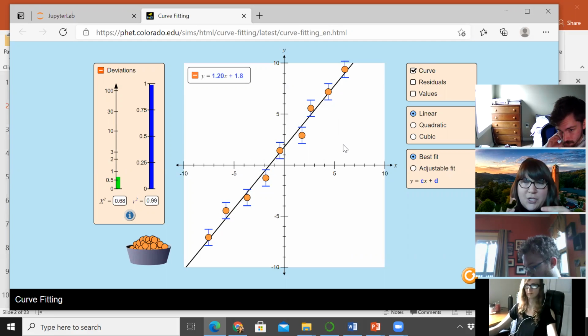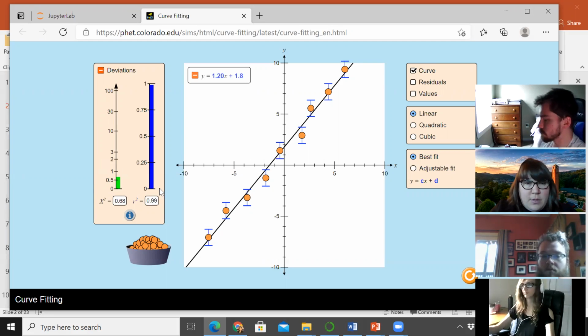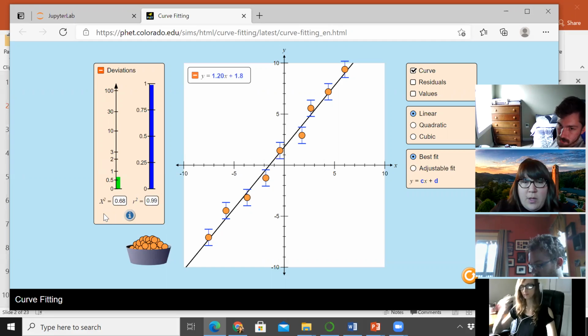You get some kind of equation that correlates to data, and you put them together with the fit, and out you get these fit parameters. You find the slope, you find the y-intercept. And then you can get information like chi-squared and r-squared to tell you how good of a fit that is. Is it a crap fit, or is it pretty good? R-squared is more about, is it linear? And chi-squared is more about how far away the data points are from the curve.